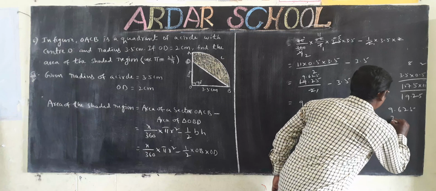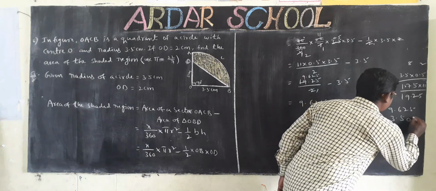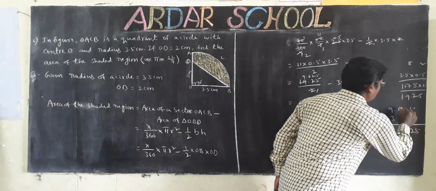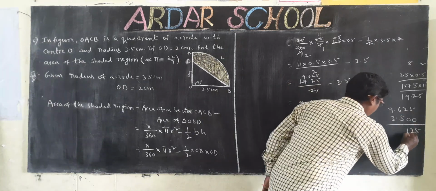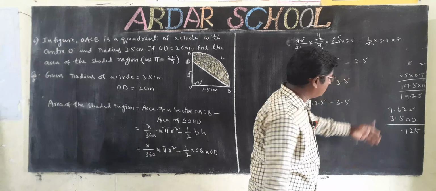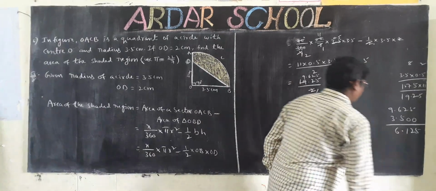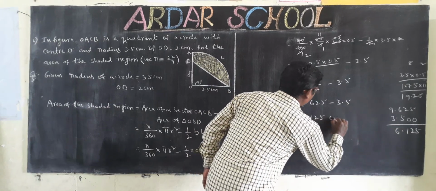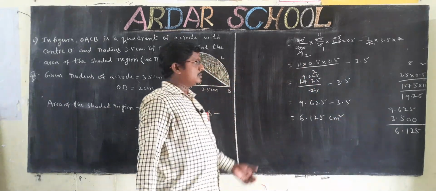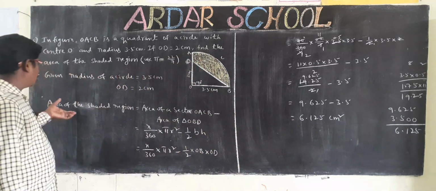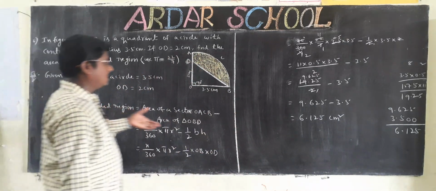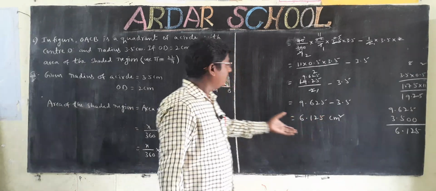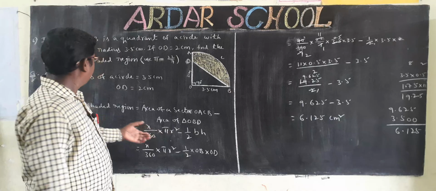9.625 minus 3.5, where 3.5 can be written as 3.500. So 5 minus 0 is 5, 2 is 2, 6 is 6, 9 minus 3 is 6. That is 6.125 centimeter square. So this is the area of the shaded region. Area of the shaded region is equal to 6.125 centimeter square. Okay, next time go to